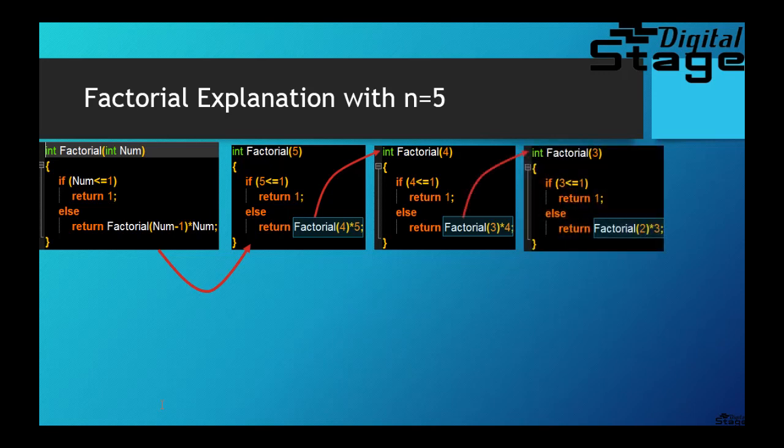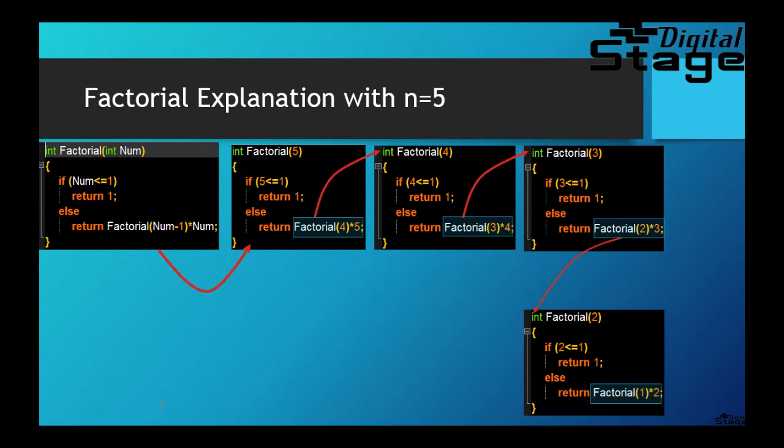So since there is 3, it's calling another factorial function. This time it's passing 3, right? So since 3 is also not less than or equal to 1, it will again have to return factorial of 2 and multiply that with 3. So it will again send 2, another factorial function. Now it's asking for factorial of 1 times 2, so factorial of 1